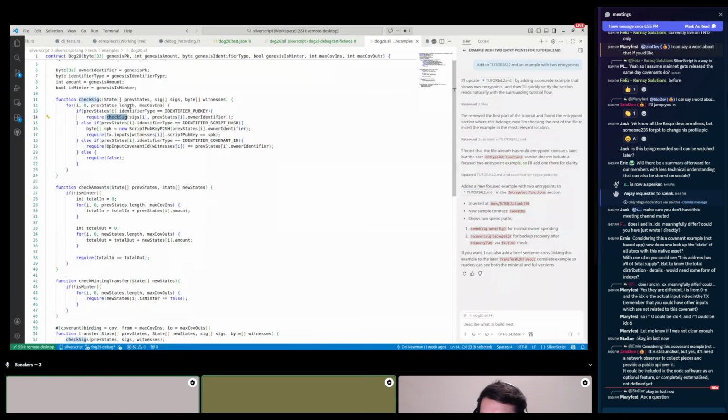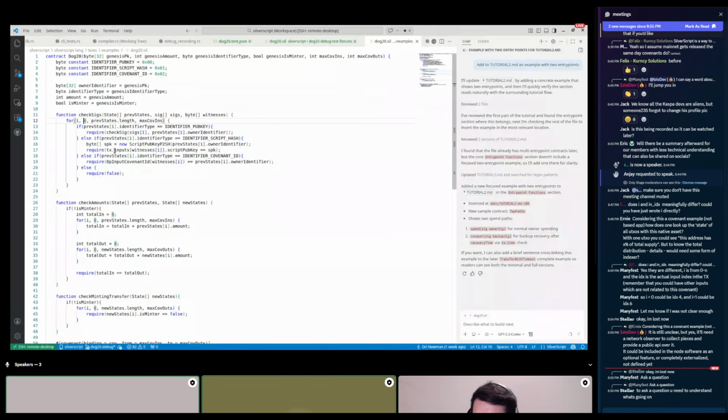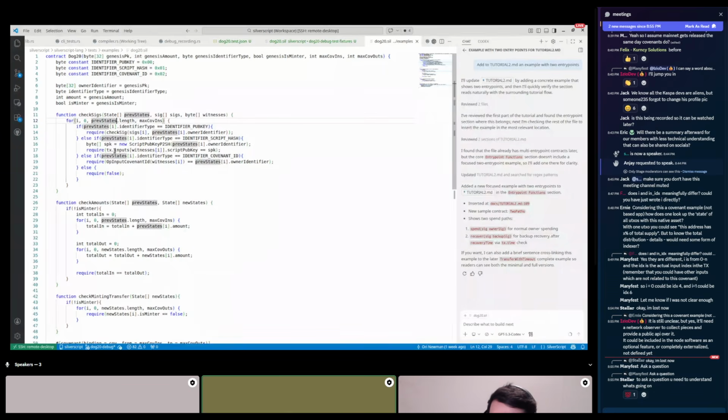Can you explain the for loop for a second? Why is the for so weird? Four arguments, line 12. I'm not sure if you went over it before. No, I didn't. So basically, in a regular programming language, you want to go over a range, something like this, right? You want to go with i from 0 to the overall previous states, right?